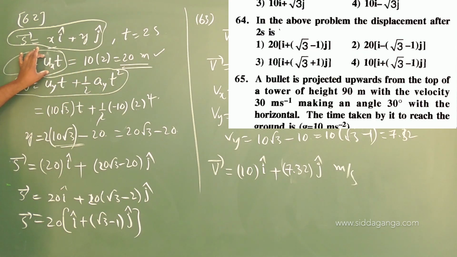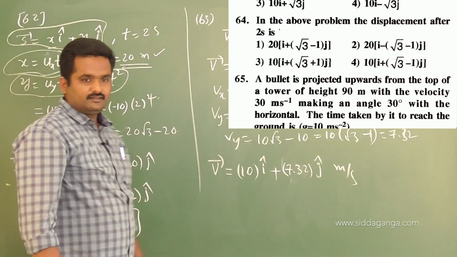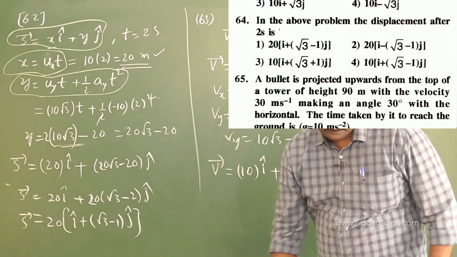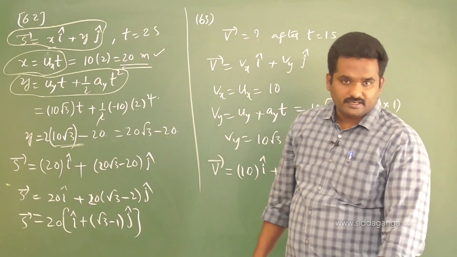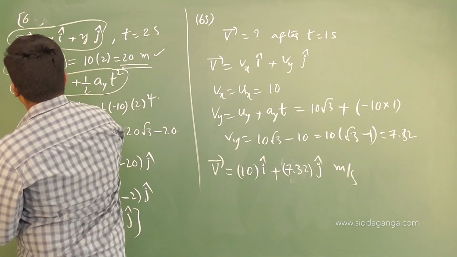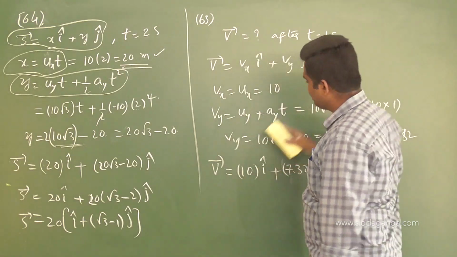And you should be well aware of what ux, uy and ay are in the problem. Ux is the initial horizontal component of velocity, uy is the initial vertical component of velocity, and ay is minus g throughout the motion. So substituting for all, you just get this relation. You just check for that option whichever it is. Now, the 64th we have done, right? Remember, that was the 64th one. Next go for the 65th problem now.